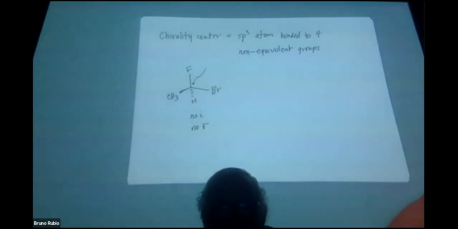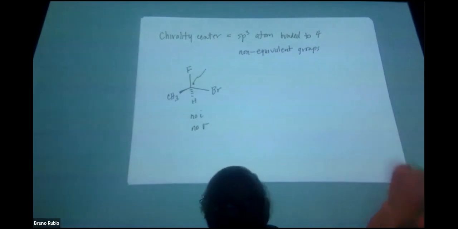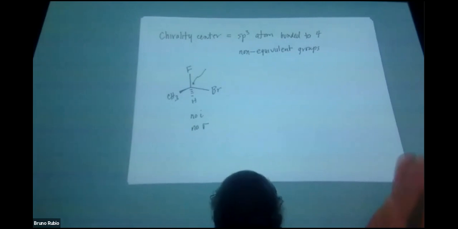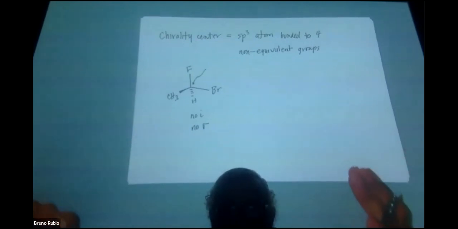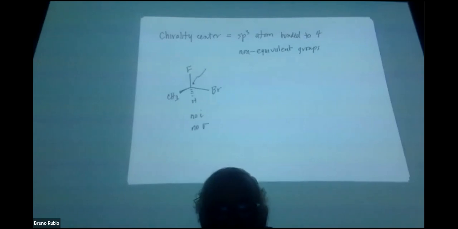It's chiral, because it doesn't have a plane of symmetry, doesn't have a center of symmetry. It also has one and only one chirality center, which is an sp3 hybridized atom bonded to 4 different groups. Okay, so now let's